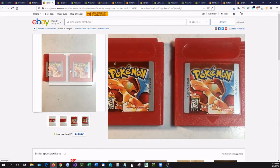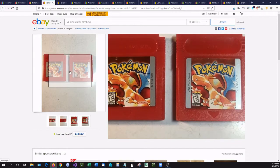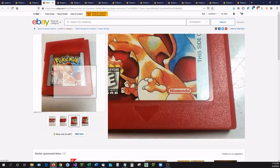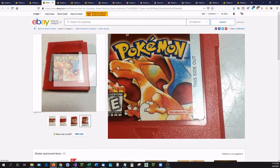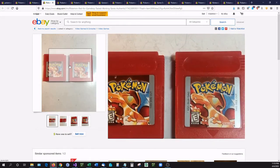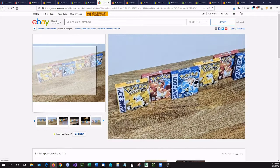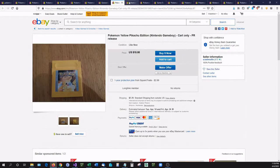These two are actually legitimate games. You can see the numbers on the one on the right, that is 22, and it's right below the wing, while on the one on the left, let's see, is it this one? Nope, that's this one. Yep, it's 22 in the wing. So those two are legitimate copies. You could buy these, and then people will go over here and they will buy this set that has the two games, and they'll bundle them together and say they're authentic when they're not. So those are the ways to look at the boxes and the cases